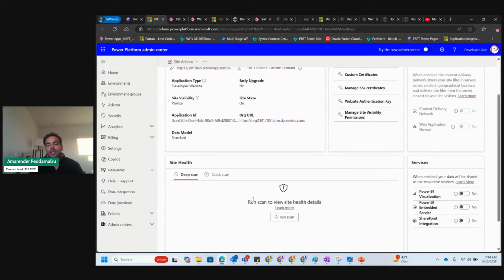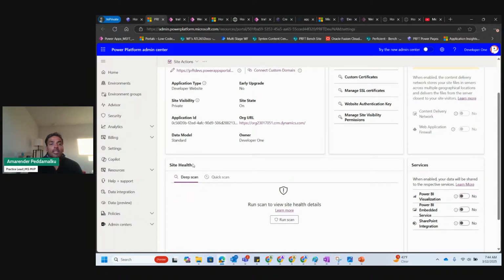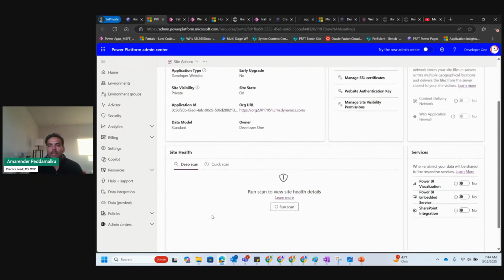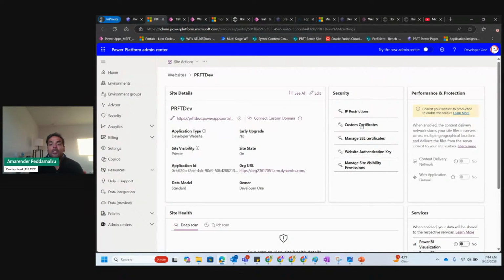For example, let's say you're building a website, and most probably your header and footers are not going to change that much, so you want to cache them to improve the speed at which your website loads, so that caching is enabled automatically. And it checks whether caching is enabled for header and footer. Those are some of the quick things that it goes through and gives you the site health, like what are the things that you're doing rightly and what are the things that you need to do differently to enhance the performance of your website.